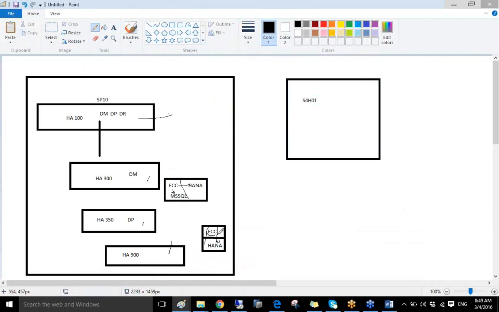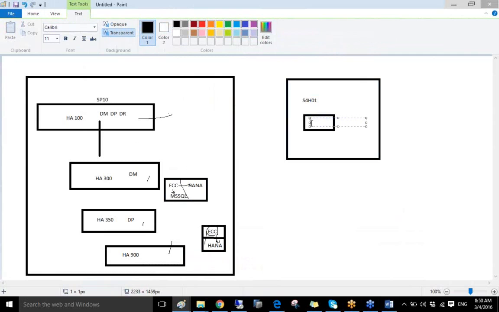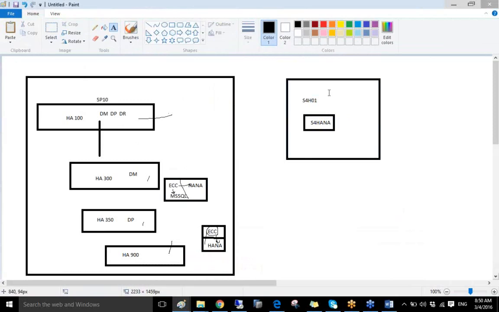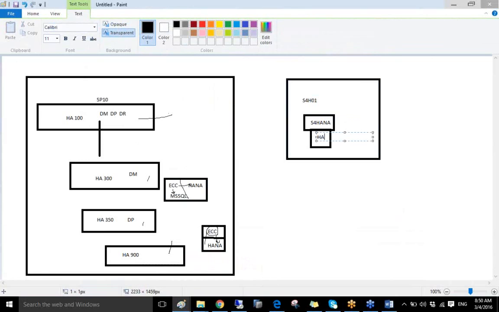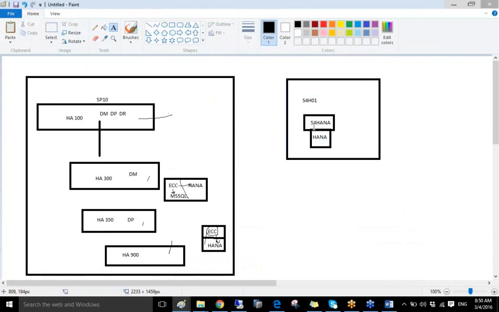In HA900, we talk about ECC on HANA. In S4H01, we talk about simplification of the application layer. Instead of ECC, now the solution itself is called S4 HANA, S4 HANA on HANA. So there is no ECC at all. ECC itself is known as S4, simplified fourth generation. So this book, S4H01,